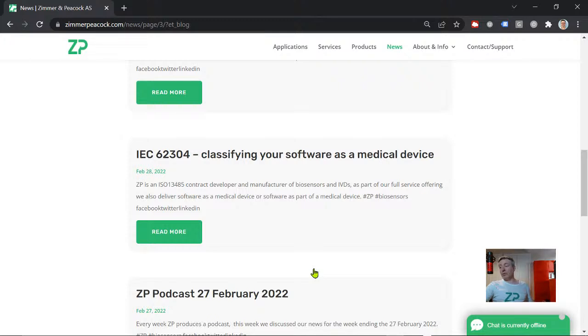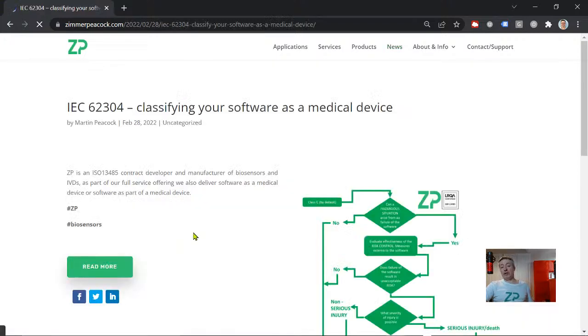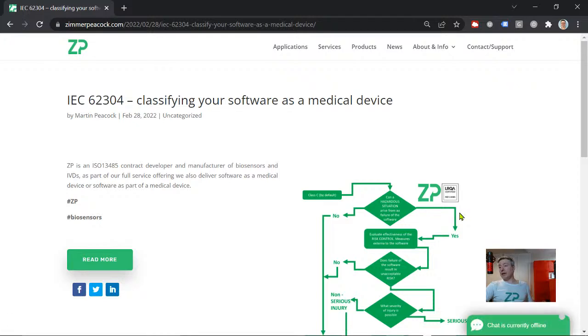So that means now that we are adhering to, for our clients, especially in the medical space, a regulation or requirements called IEC 62304. This is really important anyway, because we are ISO 13485, so we are qualified for the development and manufacture of electrochemical biosensors. But this IEC 62304 means that we can really control the life cycle of software which is used in medical devices, or the software itself is a medical